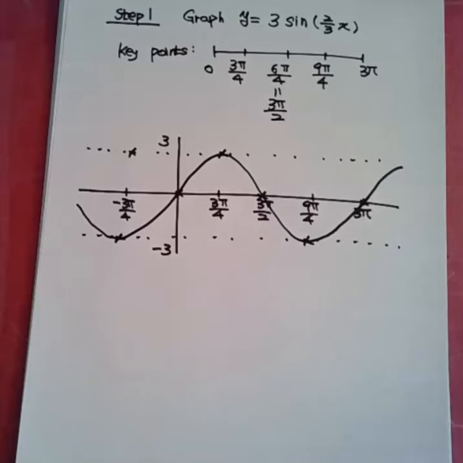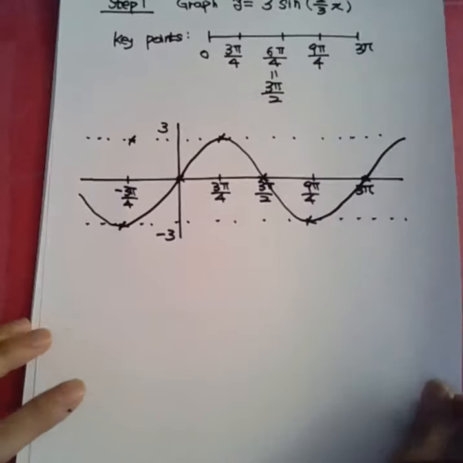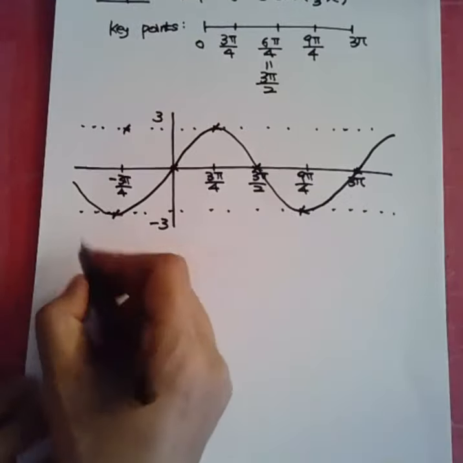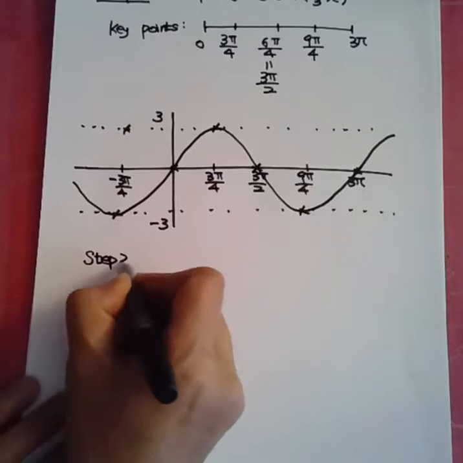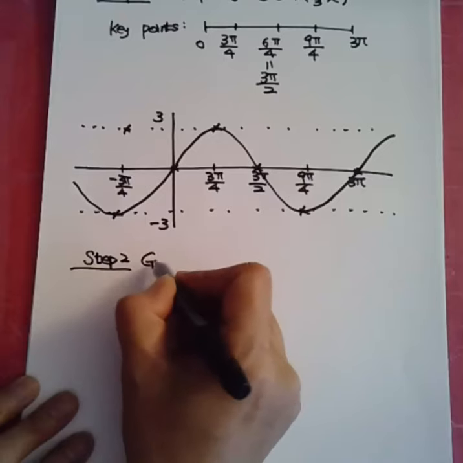That is the graph of y equals sine of 2/3 x. To finish the problem, we have to shift to the right pi over 4 unit. Step 2 is graph